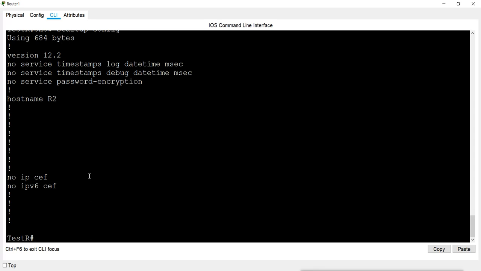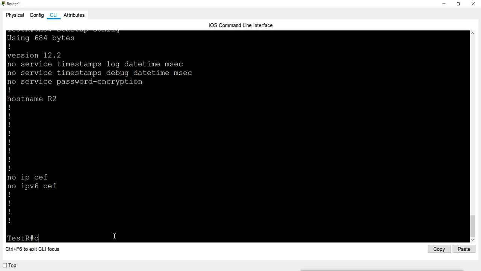So saving the configuration is also like a backup. Anytime your main running configuration gets corrupted or misconfigured, you can recover it from your basic configuration. In our basic configuration, we have the name R2, but in the running configuration I changed the name. I have just changed the name, but it could be any configuration that we have changed. So I have to recover it from my startup configuration.